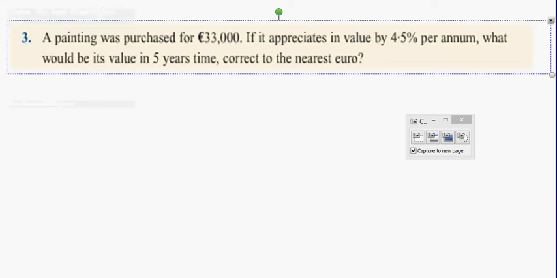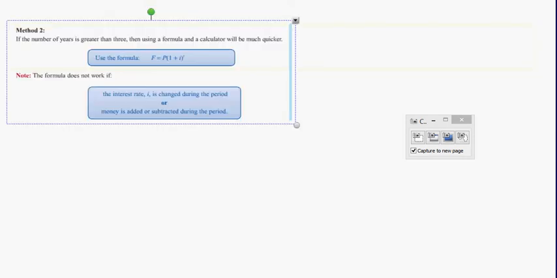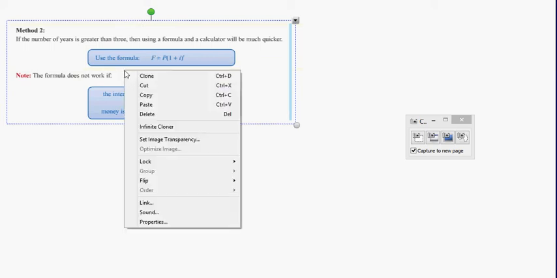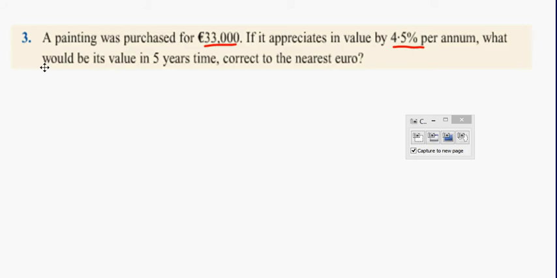Okay, a painting was purchased for €33,000. If it depreciates in value by 4.5% per annum, what value would it be in 5 years' time, correct to the nearest euro? So what we're going to be doing here is using a compound interest or compound appreciation formula. If we use this formula here, we're going to cut and paste this over. Okay, so the formula reads